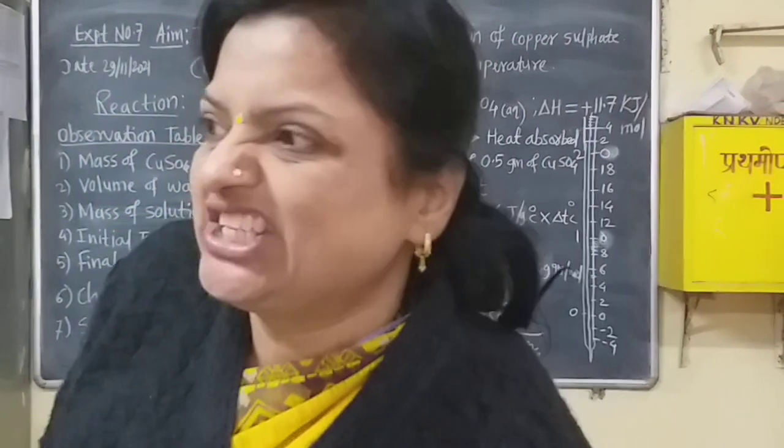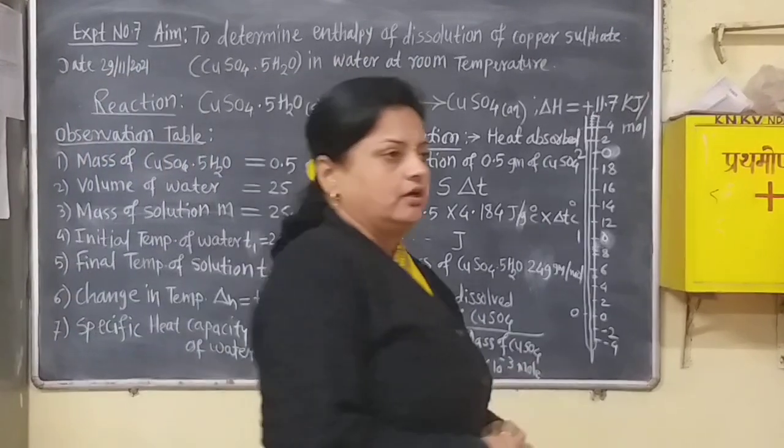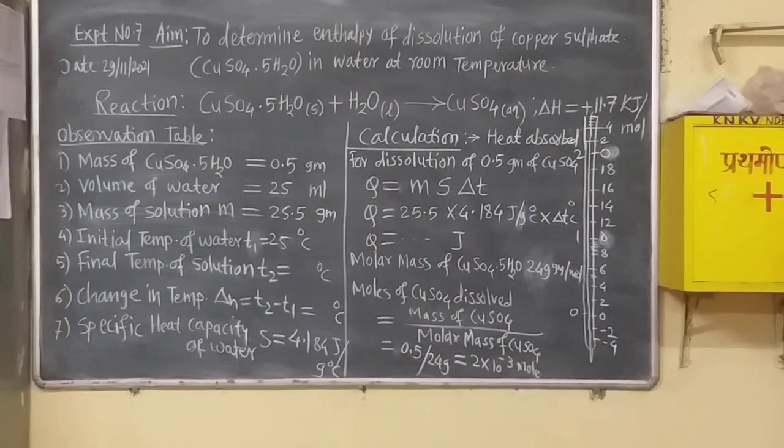Now by using the measuring cylinder, they did not put the measuring cylinder here. I told the lab assistant. But now we will take the measuring cylinder of 100 ml. They did not give us the measuring cylinder. Just a minute. We'll take the measuring cylinder to measure the water.